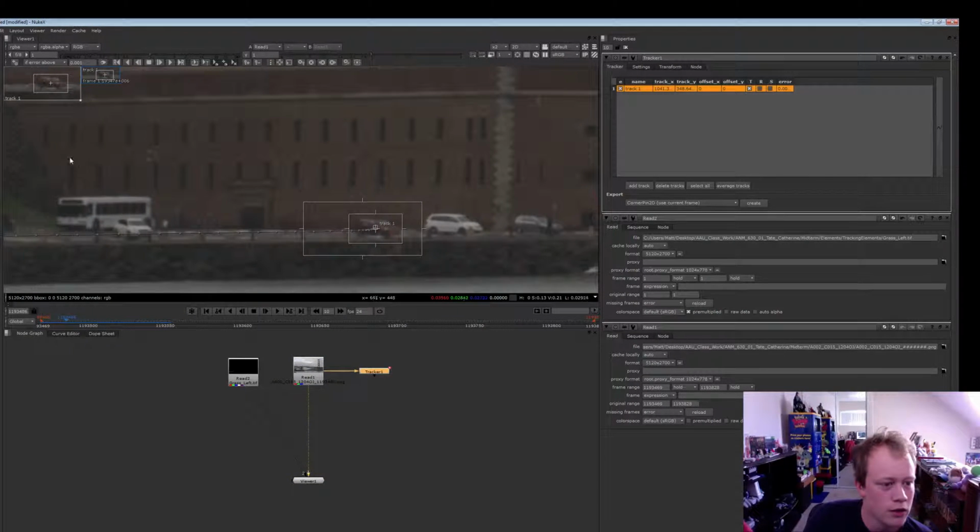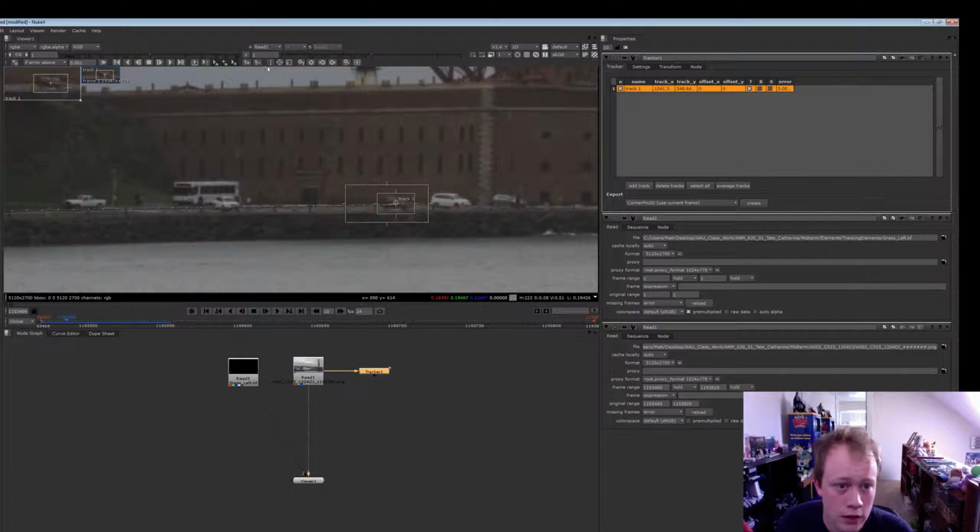Basically, my track covers up everything in this region. So if I'd have tracked the top of this bus or something, when it went off screen, the rest of this grass that's over here would have gone with it, which wouldn't be good for what we're doing. So basically, when this track is done, what I like to do is click here on the